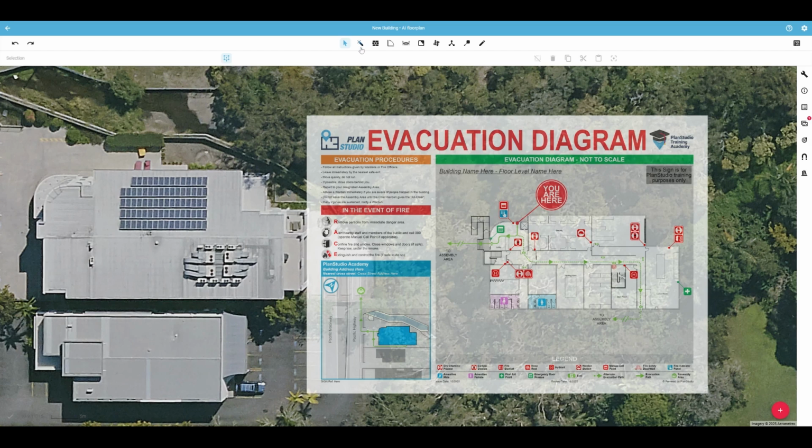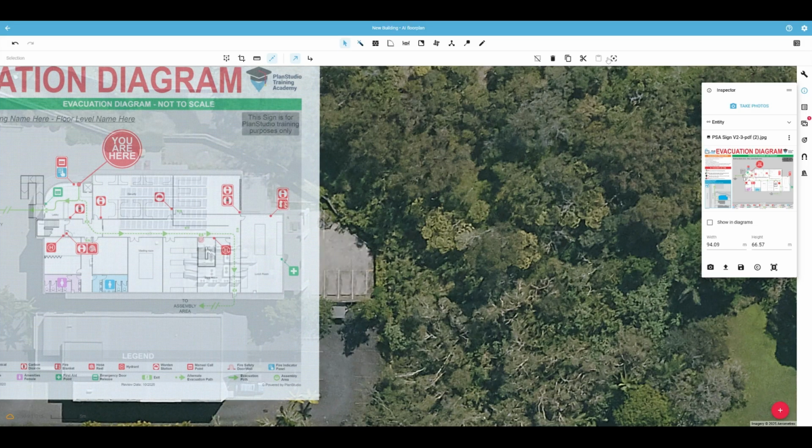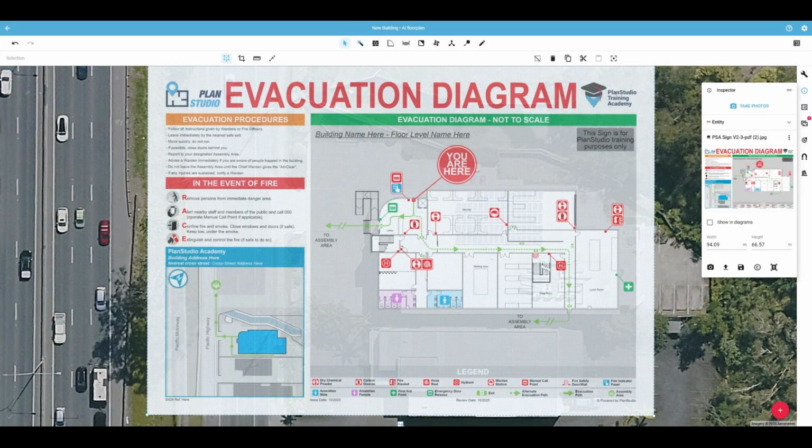In this video, we're going to have a quick look at the new Trace with AI feature inside Plan Studio. We're going to start, as you always would, with the graphic imported, scaled, and positioned over its real-world position. We can then select the new Trace tool, which supports all kinds of floor plans from hand-drawn markups to photos